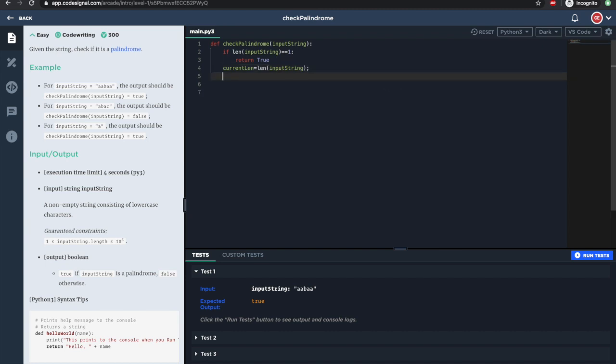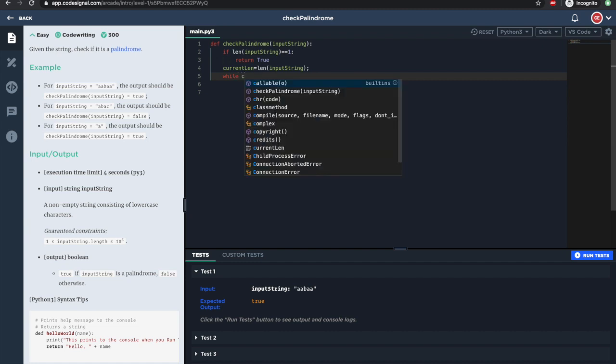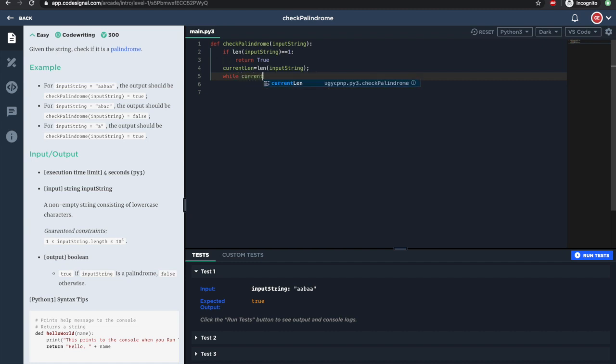And now we want to check for all of those combinations whether it's the same as the last one. So this time I will use a while loop, and I'll just write current len is larger than 1. Because if you have a 1 and you got to that point, that means that it is a palindrome. And if you have any other number, you will still want to compare both elements, right? So now